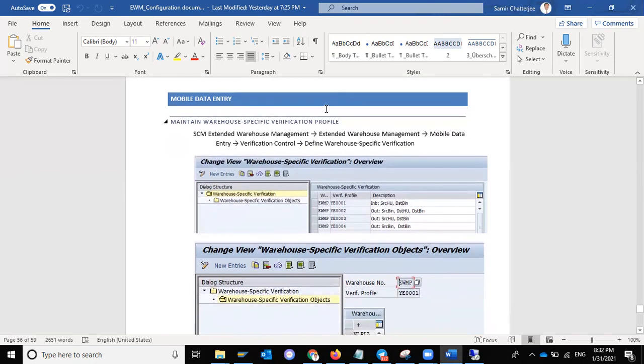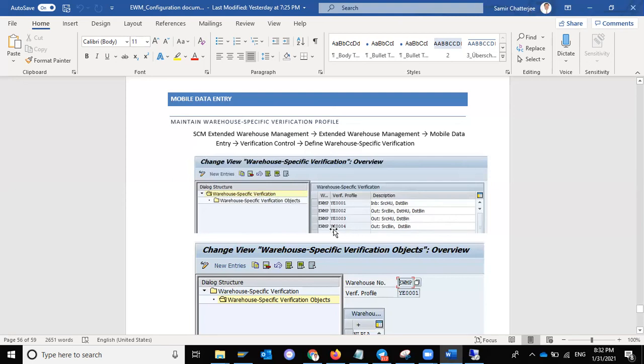Here we have one verification profile. This verification profile we have to define here, and it has some inbound and outbound specific business objects like source handling unit, destination bin. Similarly, source bin or destination handling unit or destination bin. Similarly, the next verification profile may be for outbound, source handling unit and destination bin.